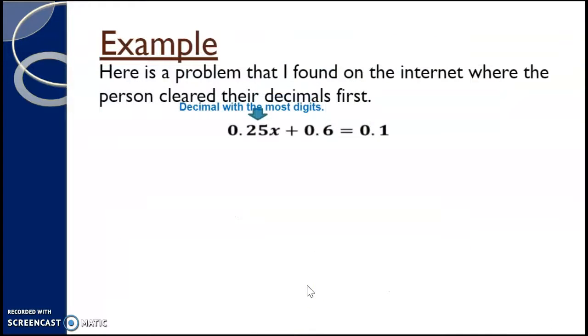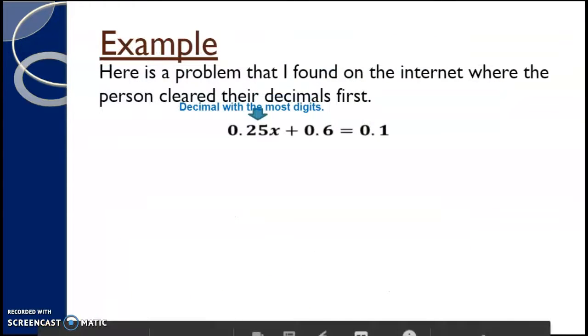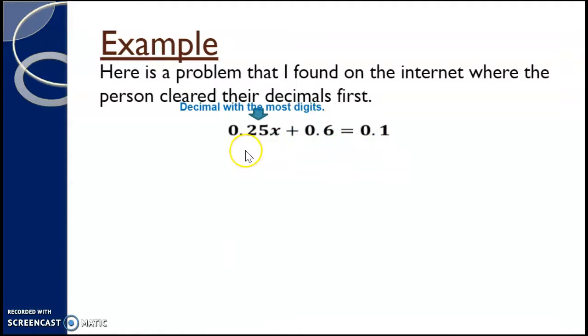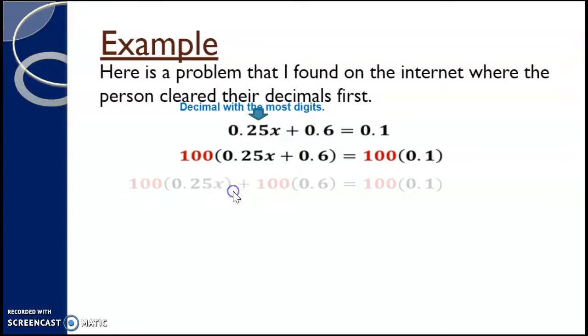Okay, let's try some problems. So for example, when you look at this equation, which is the term with the most decimal digits? We have 1 decimal place here, another decimal place here, but we have 2 decimal places with this coefficient, right? So that means we need to multiply both sides by a number with 2 zeros, which is 100. So we are going to multiply both sides by 100. And then if I multiply the first term by 100, I can just move the decimal place 2 places to the right and end up with